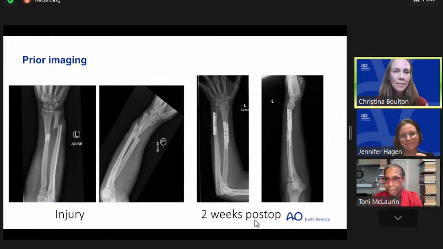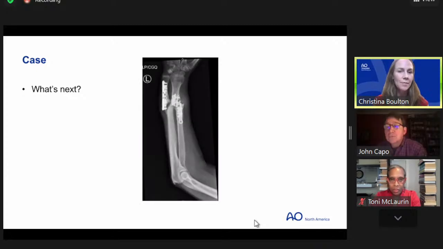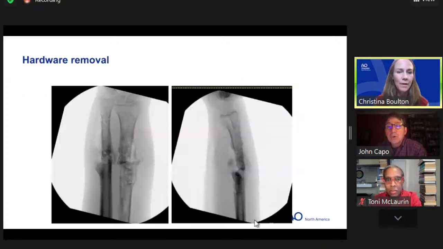Yeah, my residents make fun of me all the time because whenever I let them choose the plate, they're like, how much too short is this plate? And that's because my philosophy is there's no plate that's too long. There's just plates that are too short that you could have not put in. So in terms of time, I'm just going to move forward and show you guys where we went with this.